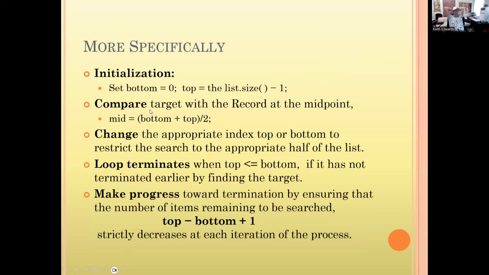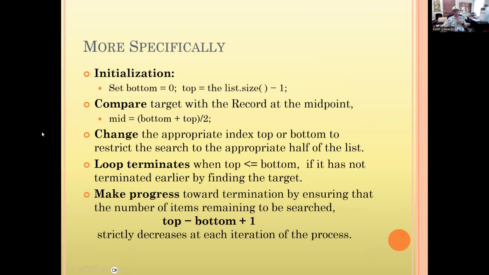So for our initialization, we set bottom to 0 and top is equal to list size - 1. Compare the target with the record at the midpoint, and then change the appropriate index, top or bottom, to restrict the search to the appropriate half of the list. And the loop will terminate when top is less than or equal to bottom, if it hasn't been terminated earlier by finding the target. And we make progress towards the termination by ensuring that the number of items remaining to be searched strictly decreases at each